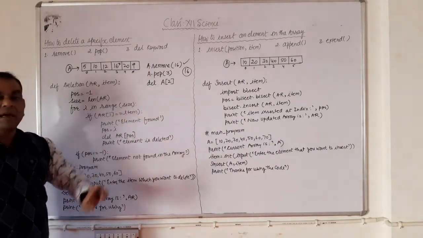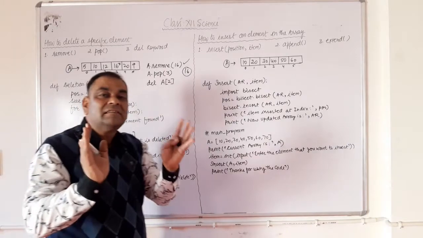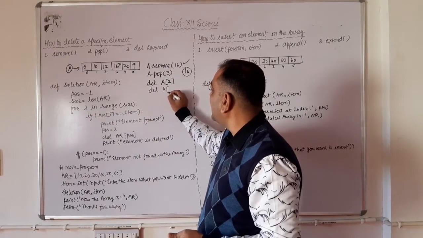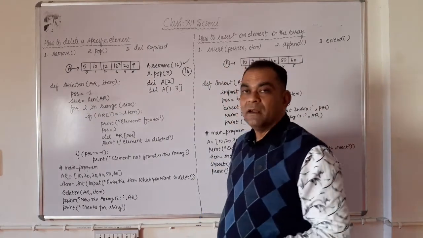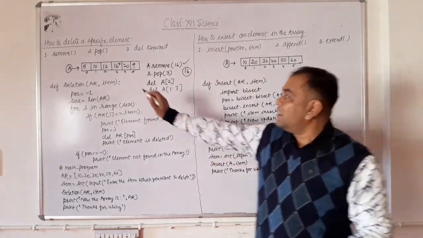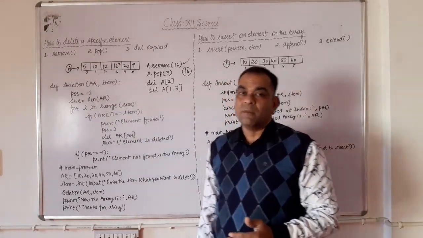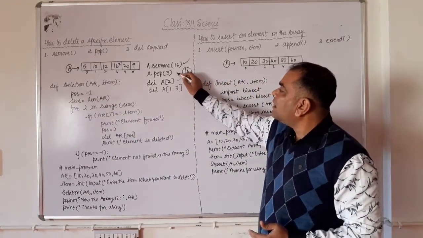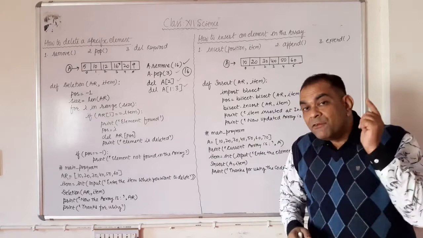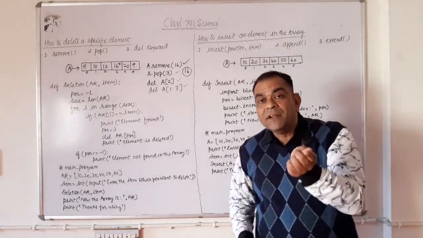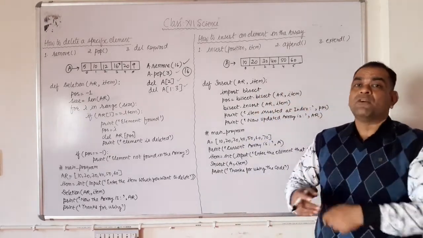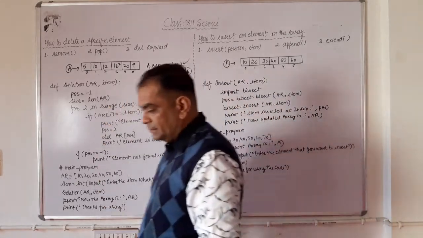Here, with the help of the del command, you can remove a slice of elements also, right? Such as if I write the command like this one, del A[1:3], what will happen? Start from 1, stop before 3, means 1 and 2, the first and second position elements, these two are deleted from the array automatically, right? So these three are the default, or we can say inbuilt function or command in Python. But if you want to create your individual function, your individual program to delete the specific element from the array, then just see what is the function here.